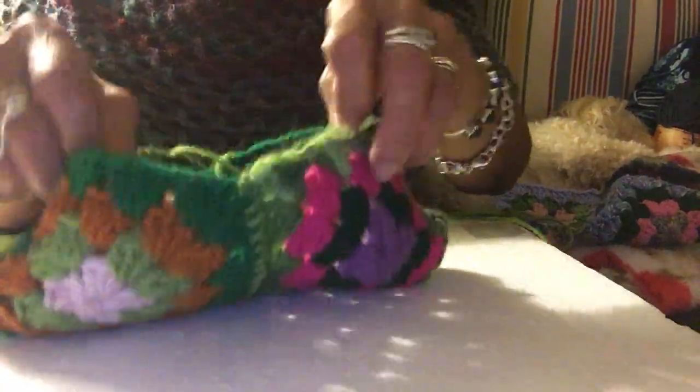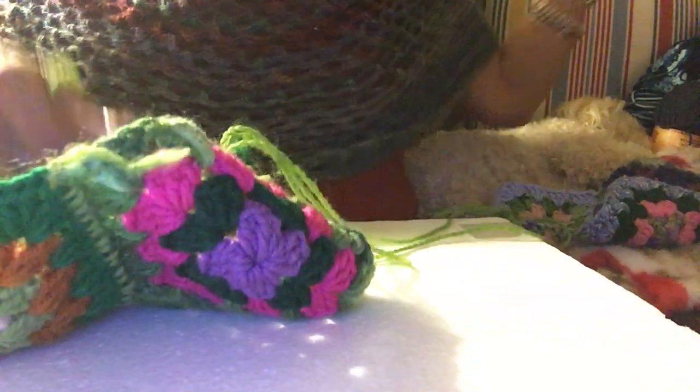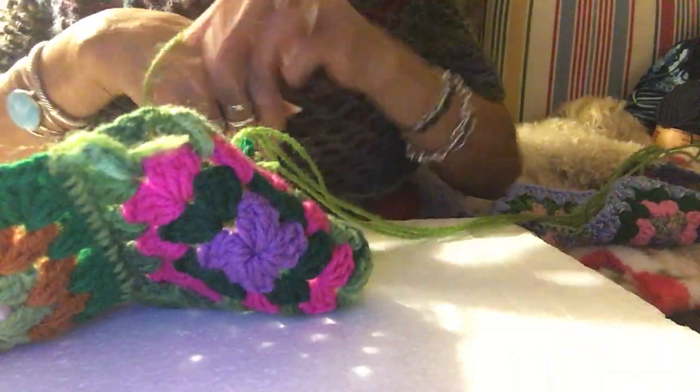Here's for your arms, and this is for your body. So when you put it on, you just put your arms in here, and then your head's up here and your body's down here. See that? So now I'm going to show you how to do the ribbing around